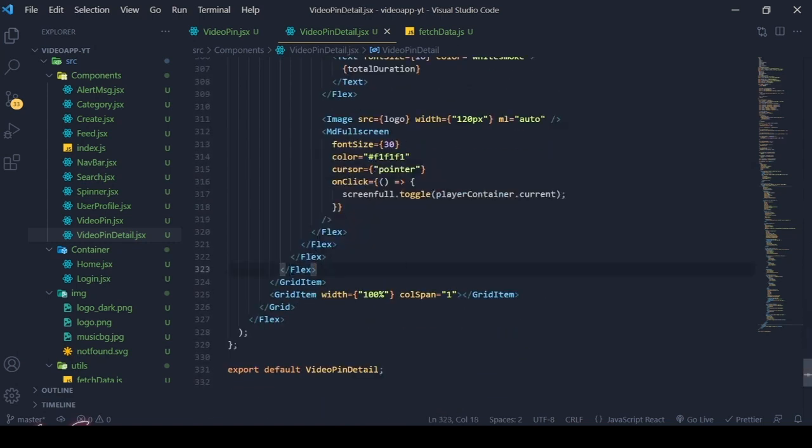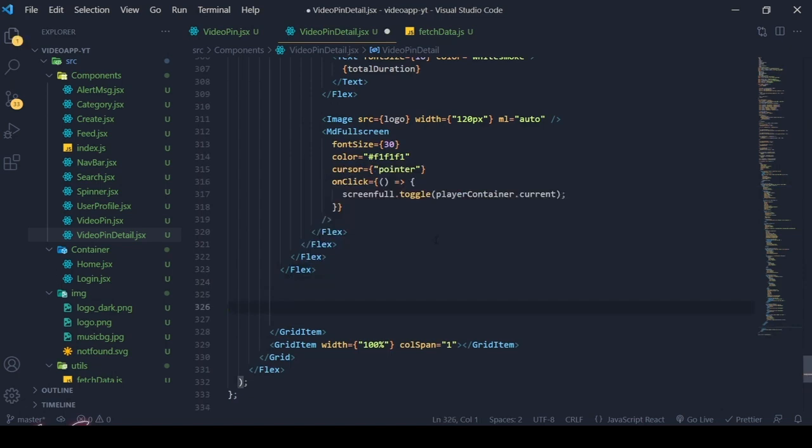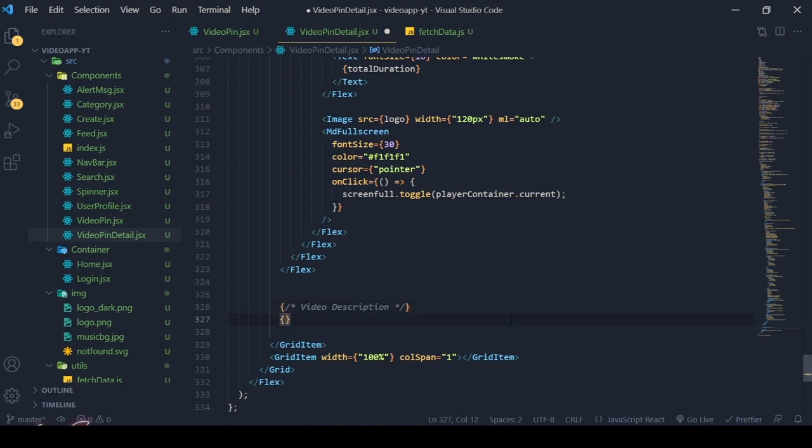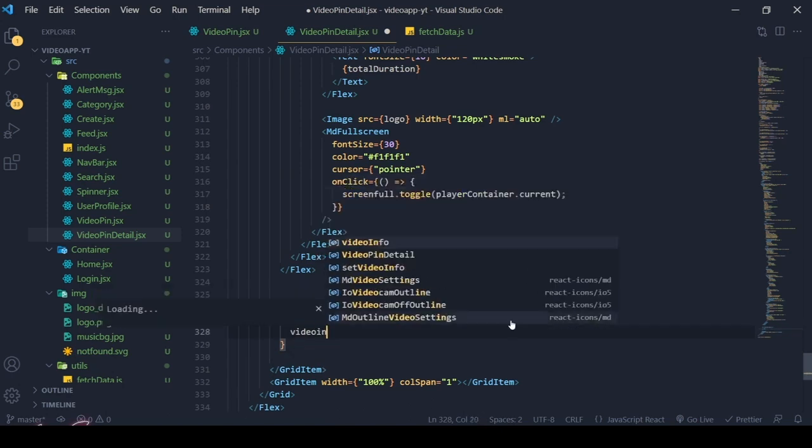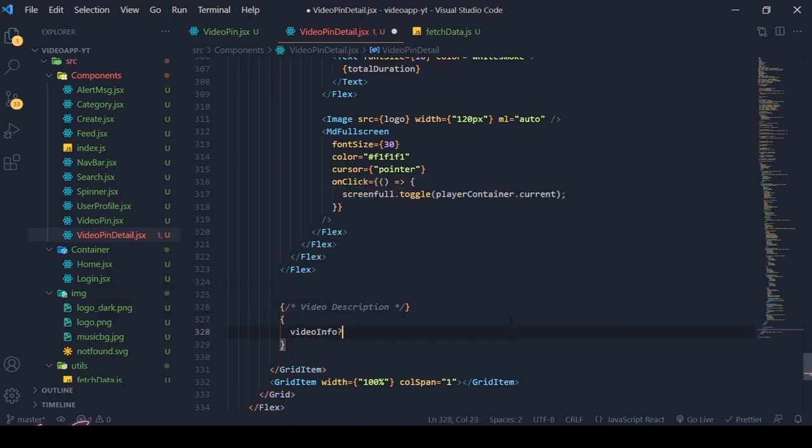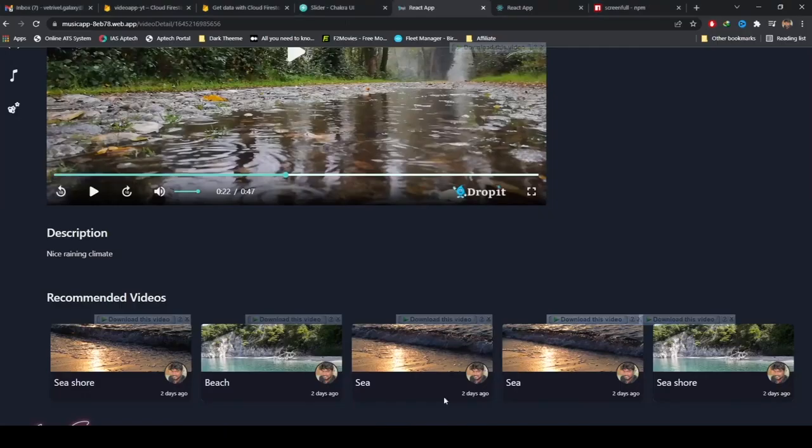So right after here, we need to get that description from the data we have in our hand. We need to render this only if we have that description. If we don't have that description, we are not supposed to render it. So this is video description. Okay, so I'm checking video info. If the video info has the description field,